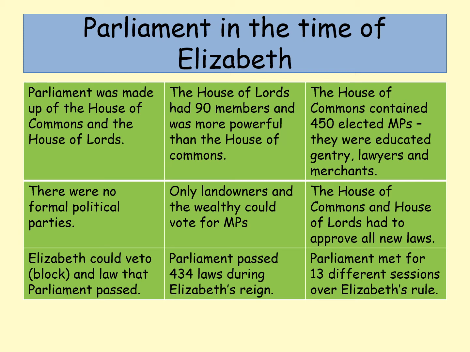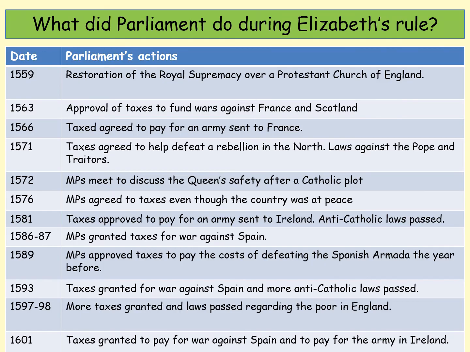So it meant that Parliament couldn't just do what it liked. And Parliament met for 13 different sessions during the time of Elizabeth's reign. And this just shows you the sort of things that Parliament did during this time. So you can pause that and read about them in more detail, but you can see here a lot of it revolves around taxes. And at that time, if a monarch wanted to raise taxes, they needed the approval of